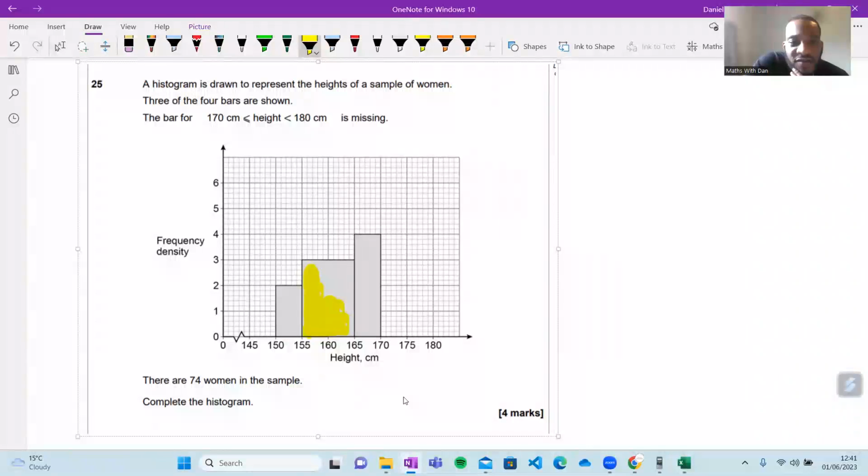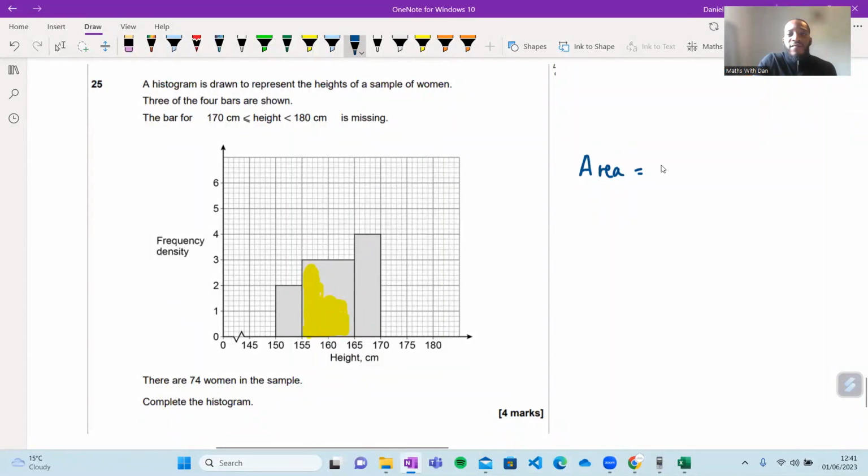Right, right, right. Thank you very much. Wow, you guys, it's too many messages. Thank you very much. Anelio, Shaquille, Quinette, Kieran, Alice, Sarosh, Anelio, Andreas. It represents the frequency, right? We know that when we're dealing with histograms, the area is the frequency of the bar, right? Now, if we read the question here, it says a histogram is drawn to represent the heights of a sample of women. 3 of the 4 bars are shown, right? Now, we've got the height axis, we've got the x-axis, and we've got the frequency density, right?